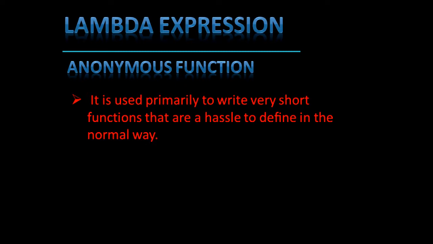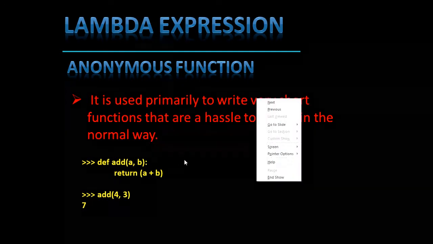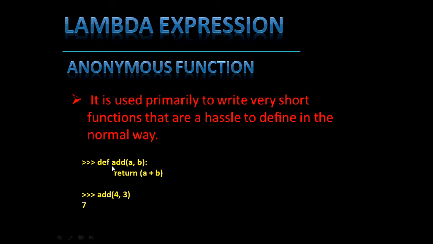So let me show you how you can do it. Let us suppose we have a function here, add. Here you are watching that we have defined a method called add, and it is getting two arguments a and b, and it is returning just the sum of a and b. Now when we are calling our add function, we have to pass these two arguments, 4 and 3. Then it will result in 7, that is the sum of these two numbers.